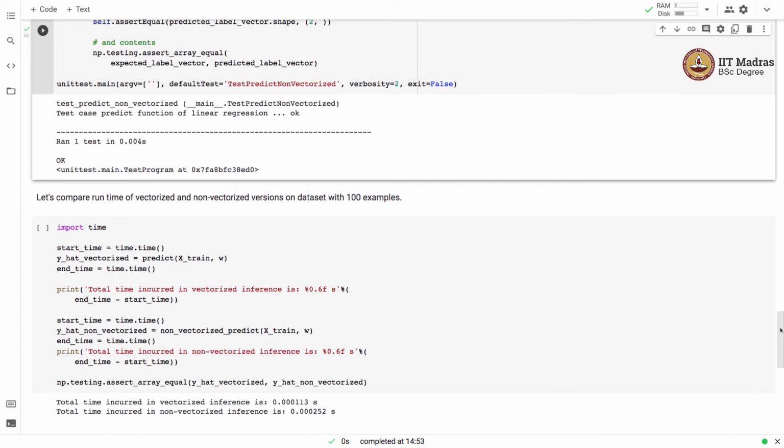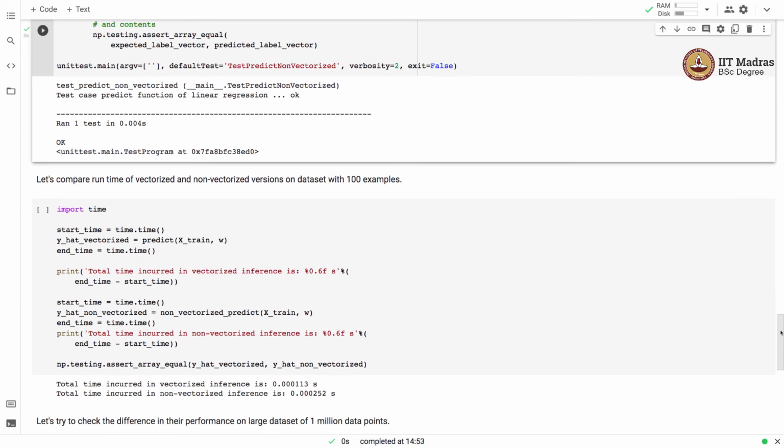Now we'll compare the run times of vectorized and non-vectorized versions on a dataset with 100 examples. So we will obtain the label vector for these 100 examples with the vectorized implementation and the non-vectorized implementation. And we'll record the time just before calling the function and after completing the function.